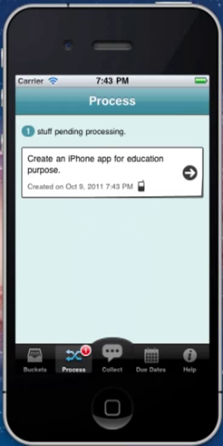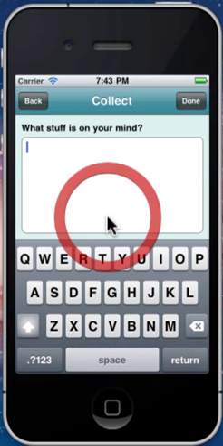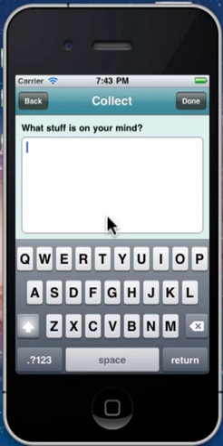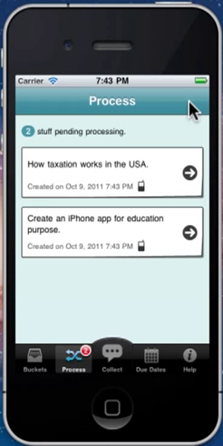You might arrive at work and you'll have another idea. Then you're gonna go, oh yeah, there's this great blog that I'm writing, the road to SiliconValley.com, and I haven't written anything about taxation. How taxation works in the USA. You've had a friend ask you yesterday something about it, and you might as well just log it down. Alright, so it's 2 things collected.